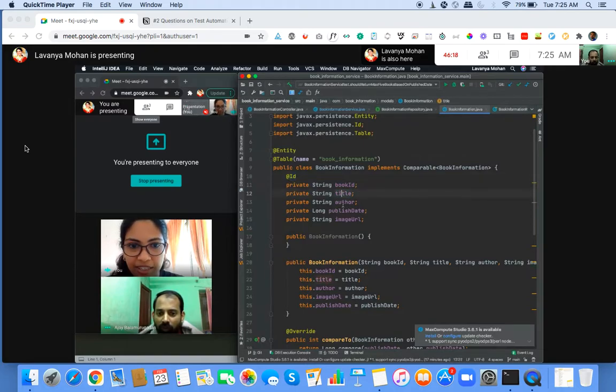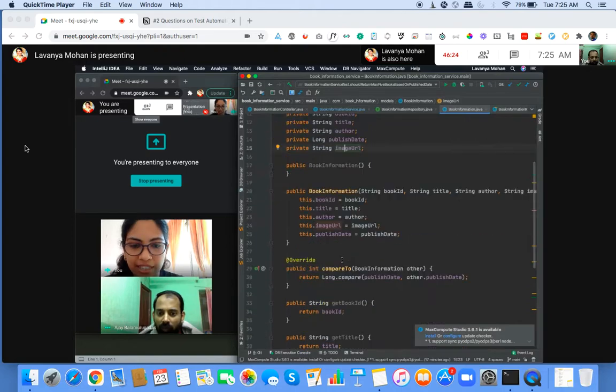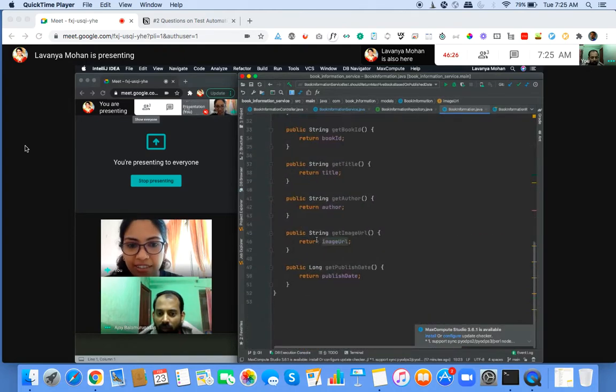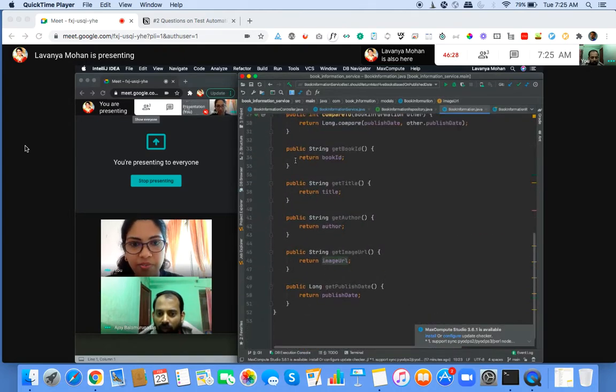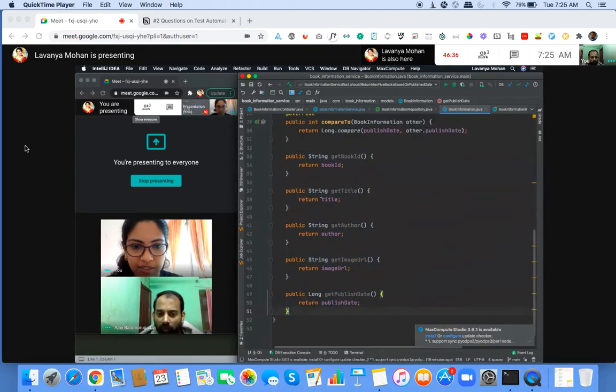Then there is a title, an author name, a date, and an image URL. That's all. And then it has all these getters and setters, which we could generate using other libraries that automatically add getters and setters. In this project, we have not used that. That's why the getters are explicitly present.